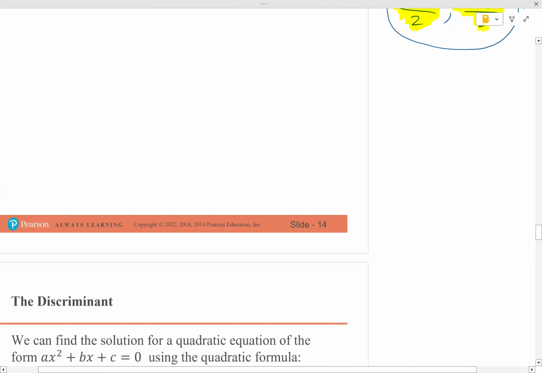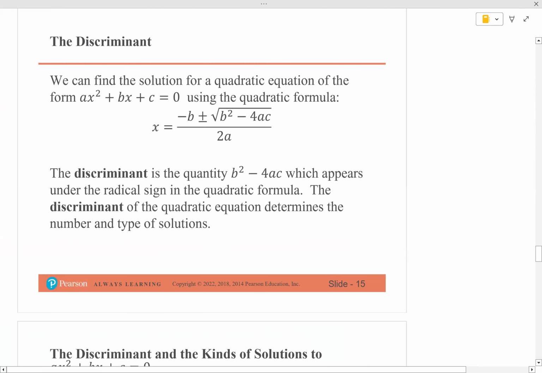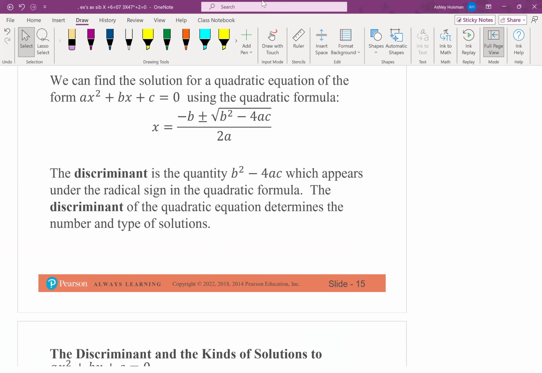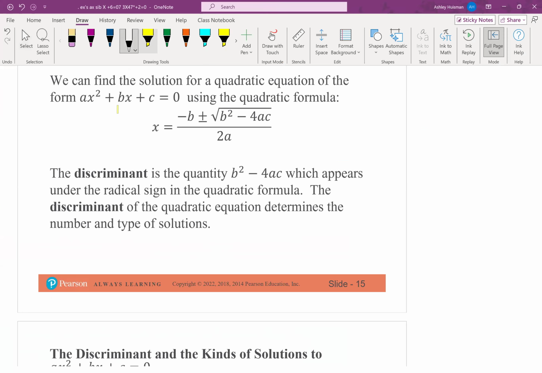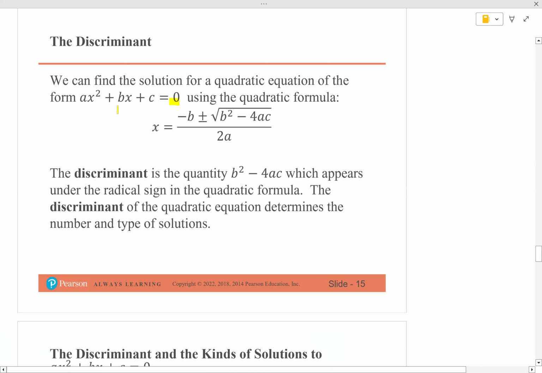Anyway, what do we got? Now we got the discriminant. That's kind of a new topic here. Okay, don't worry. I think the difficult stuff in this section is done. Now it's the simple stuff. So the idea behind the discriminant and why we even give it a name is when you look at the quadratic formula,